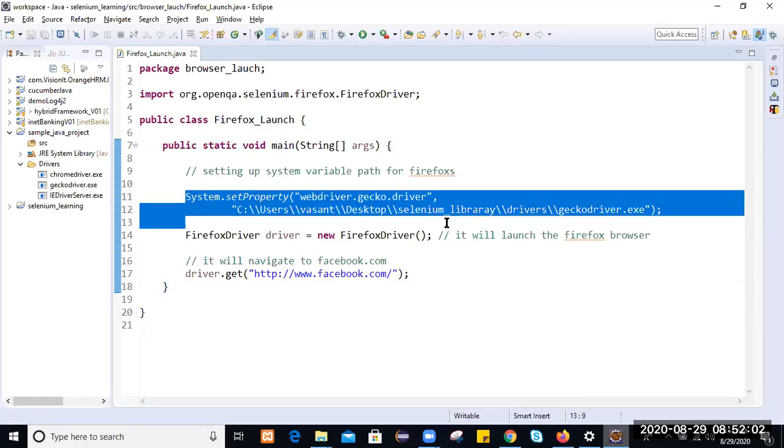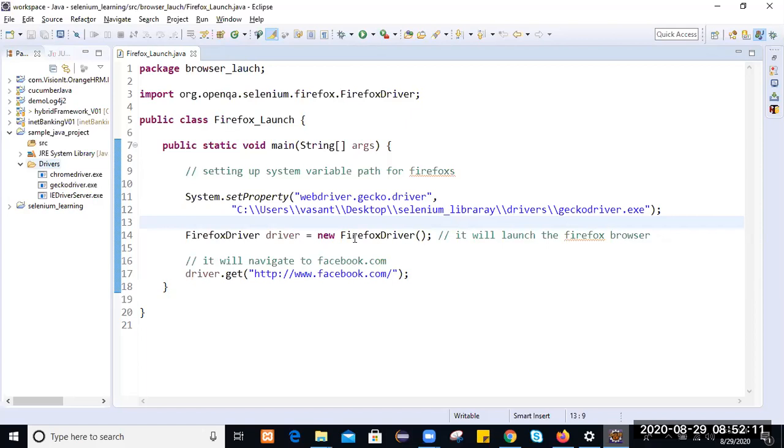But now we have kept geckodriver.exe in the current working directory, so instead of writing this much of the path, just remove this path. In the current working directory we have a drivers folder.